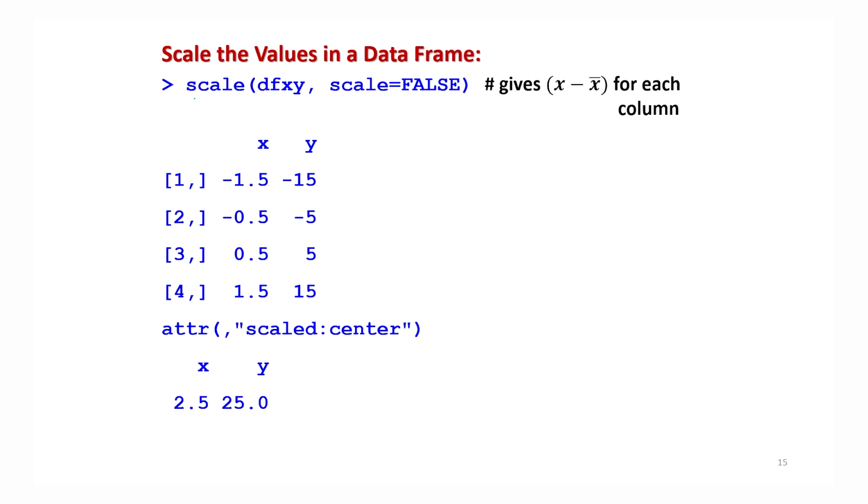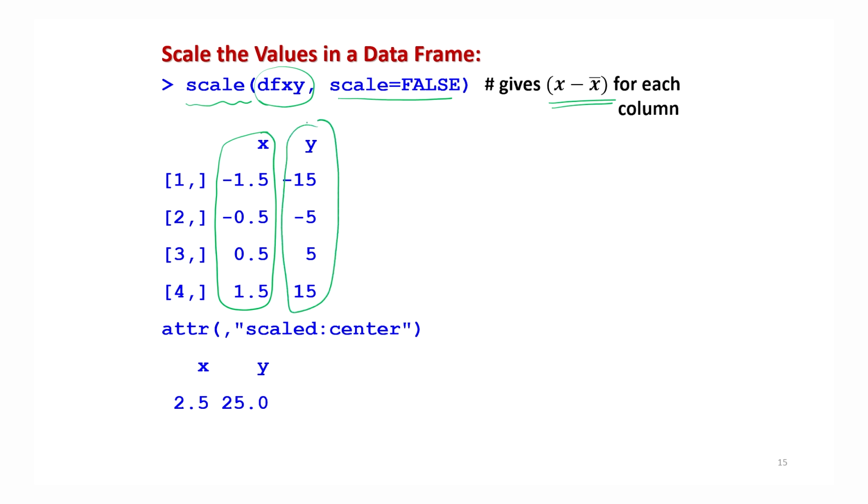Similarly, if you use the second command, that is scale, earlier we had used x and scale equal to false. So now I'm using it over the data frame. This is going to give us the centered value for each of the columns. That means every observation for each of the variables will be centered by x minus its mean. So for the column, it will be every observation minus its column mean, right? So you can see this is the centered observation for x, and these are the centered observations for y, and the sample means are obtained here, 2.5 and 25. So for x, every observation is centered by x minus 2.5, and for y, every observation is centered by y minus 25.